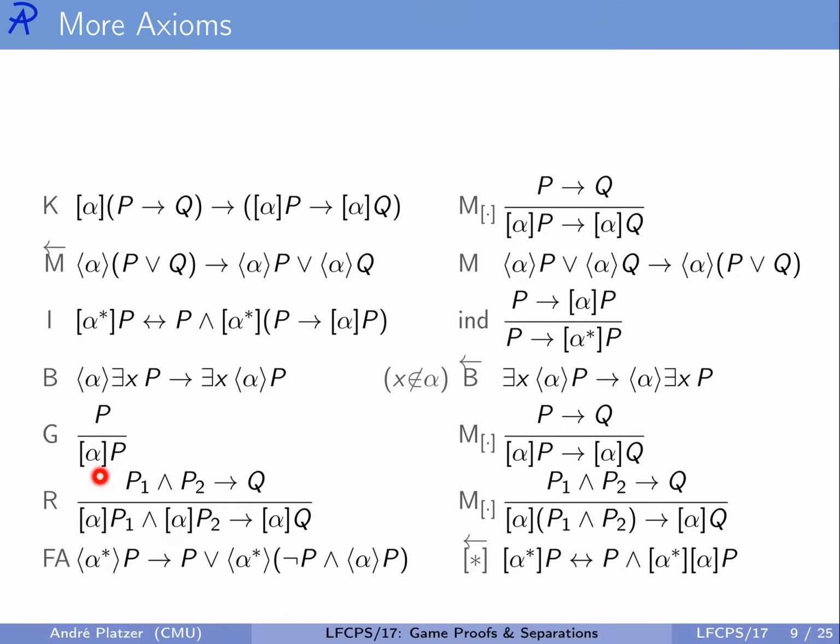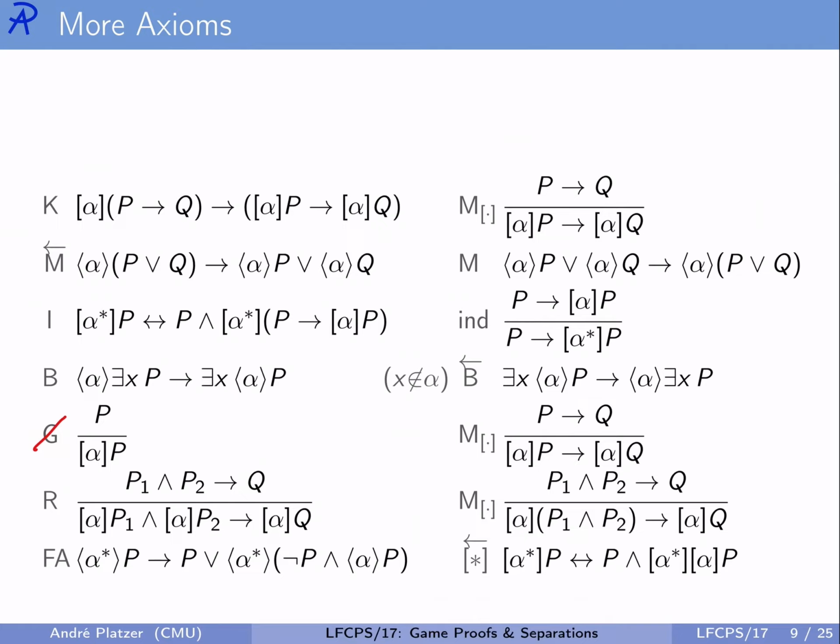Ooh, well, what if Demon was supposed to succeed in passing some tests or evolution domain constraints within alpha? What if, for the sake of the argument, Angel was able to trick Demon in the hybrid game alpha to violate the rules of the game prematurely? Then he would have lost prematurely, and then there is no final state in which we would check whether P is true, even if P would be true in every final state. So actually, that doesn't seem so good. Gödel's generalization proof rule is not actually sound